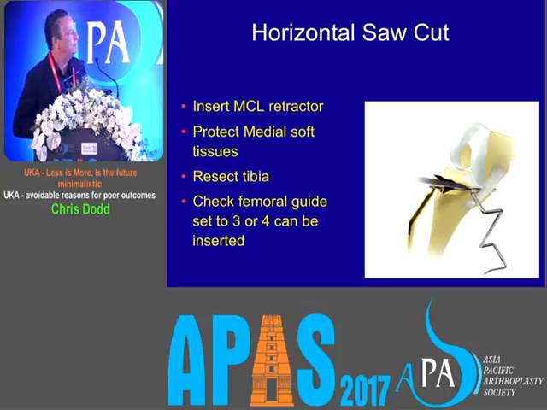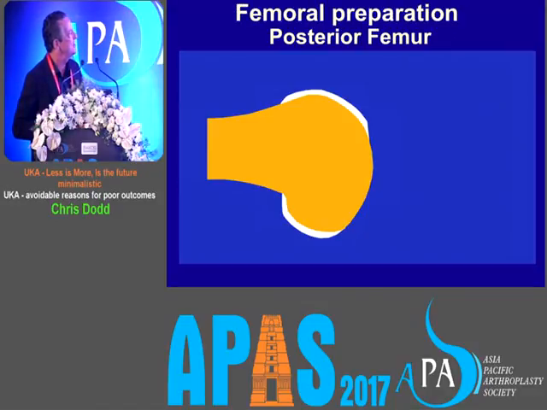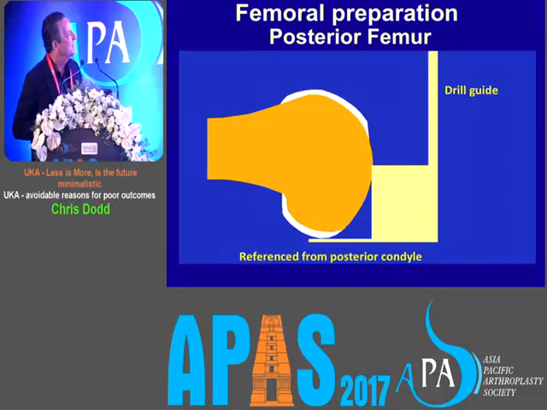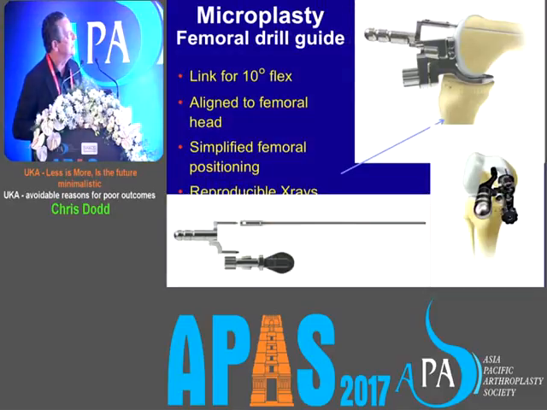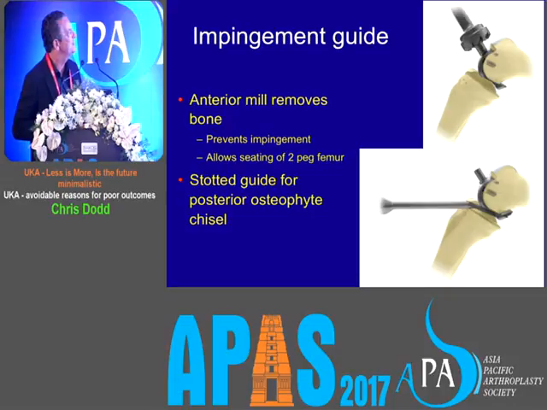So we are shooting routinely either for a 3 or for a 4 bearing, and you can get that in about 98% of cases. Never go more than a 5 if you're using the mobile bearing. Rami's shown you this. If you use the femoral drill guide, if you link it to the IM rod, you can massively decrease the variability of femoral component positioning. Posterior cut is fairly straightforward. Obviously, with a mobile bearing, this is more important.